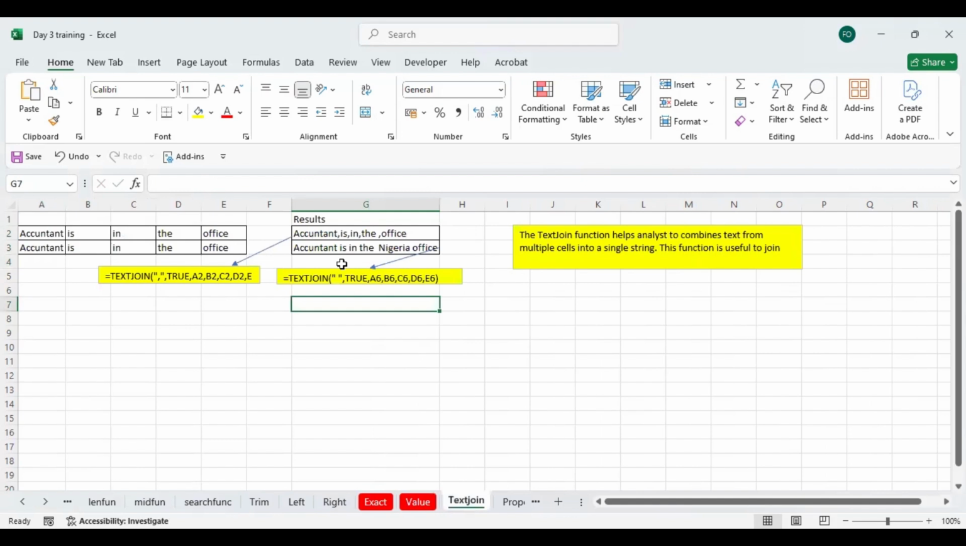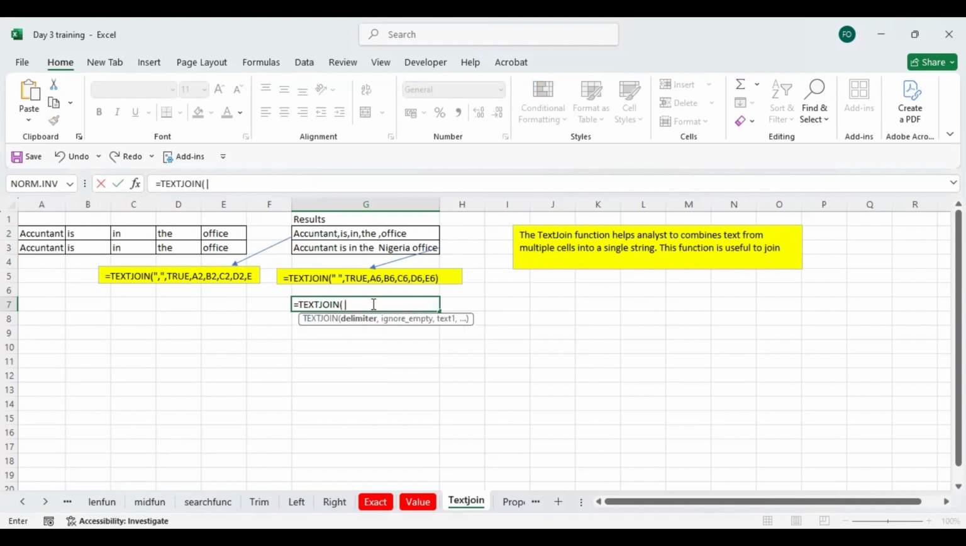Then TEXTJOIN. This one helps you to join text, just like CONCATENATE that we have looked at before. The TEXTJOIN function helps you combine text from multiple cells into a single string. So this is set 1, set 2, set 3, set 4, set 5. If I come and type equals TEXTJOIN, I can use these quotes to separate the